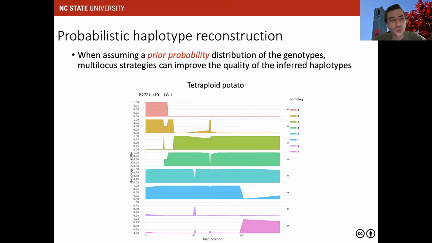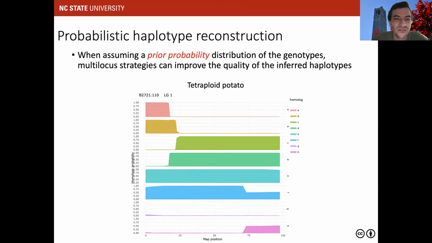And if you let your hidden Markov model adjust itself, if you give it a prior probability of being wrong, what the hidden Markov model does is this one. This is real data. This is a real tetraploid. We are going to analyze this. It just irons out these bumps in the probabilities of the homologs that were inherited by a specific individual